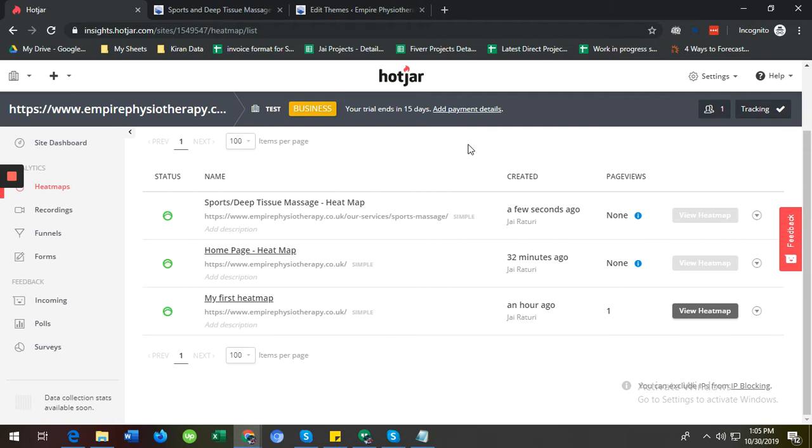In Google Analytics, you'll get the number of page views, the number of users, the number of sessions, but you will never know why users are not buying from your site. Through this tool you can measure the faults on the site and how you can improve the website for more user interaction and to engage users.